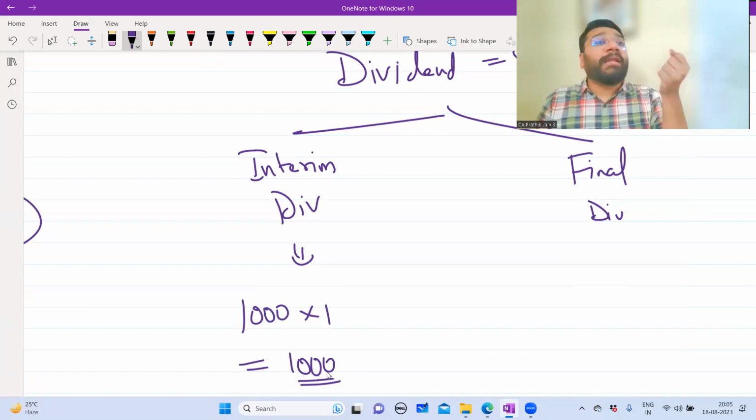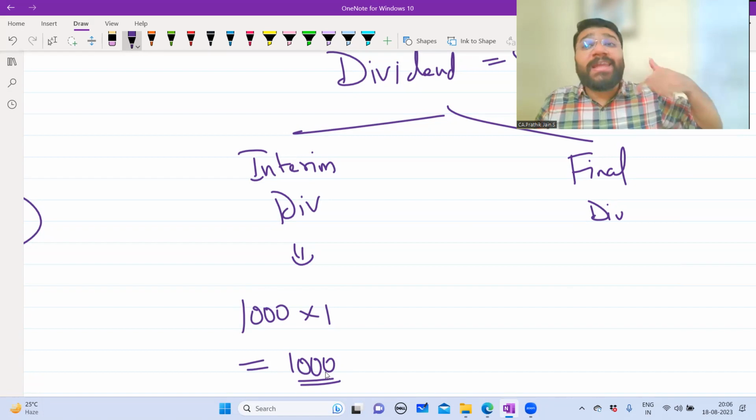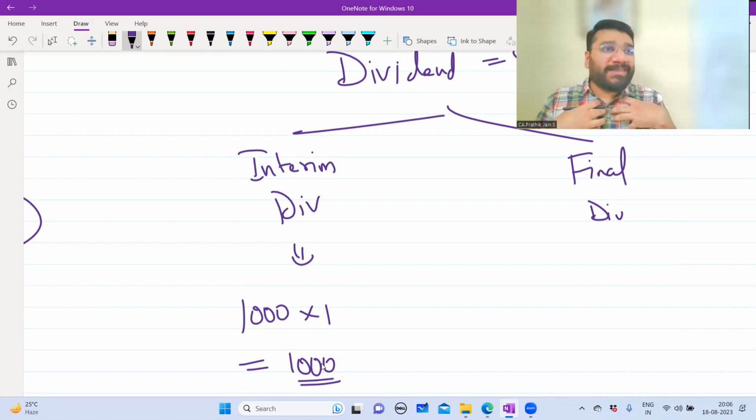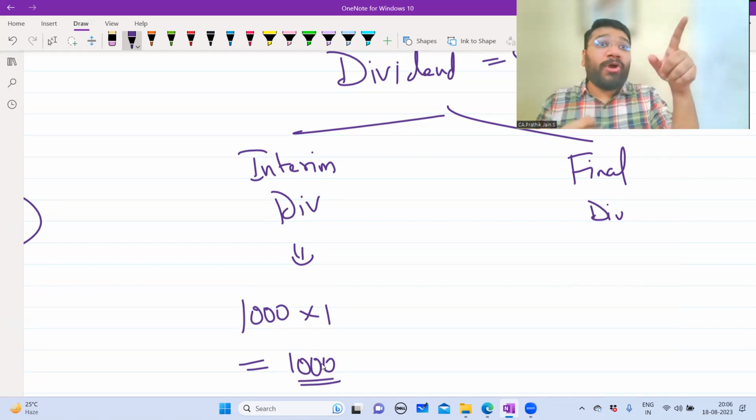So this is a profit of a particular period. Let's say the first quarter, April, May, June. Or it could be the profit of the second quarter, July, August, September. So interim dividend means what? Once in every quarter, they will give the dividend intermittently. Why? To encourage us. You invested money. So if you get early profits, will it not be motivational for you?